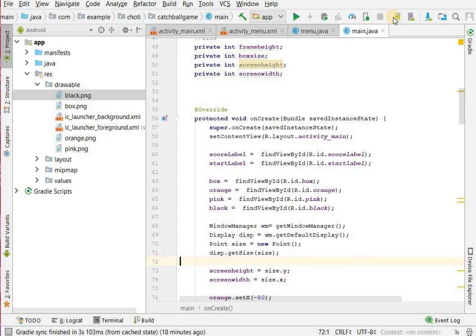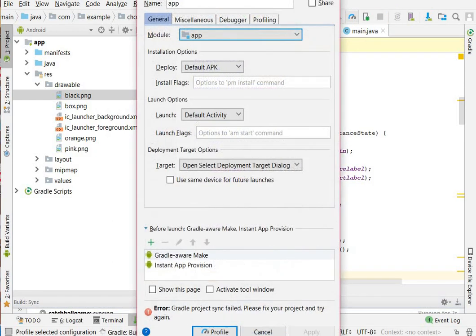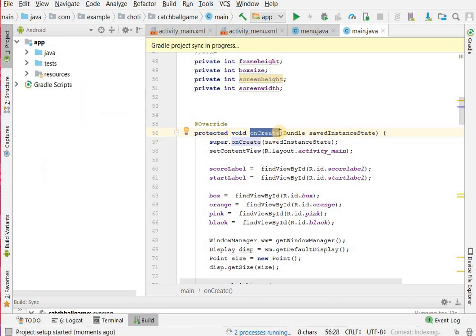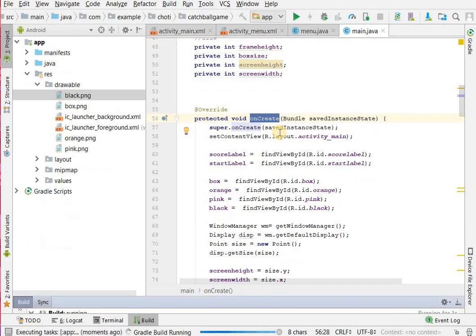So what the on create bundle is, it's the first callback method. Make sure you guys note this down. It's the first callback method. जब हमारी Android application development की process start होती है, हमारी application run होती है, तो it's the first method to be called, which is on create.